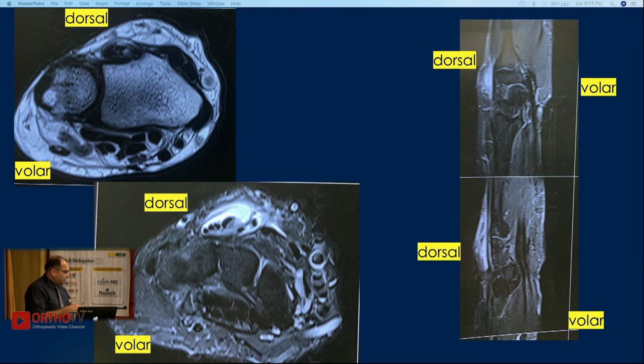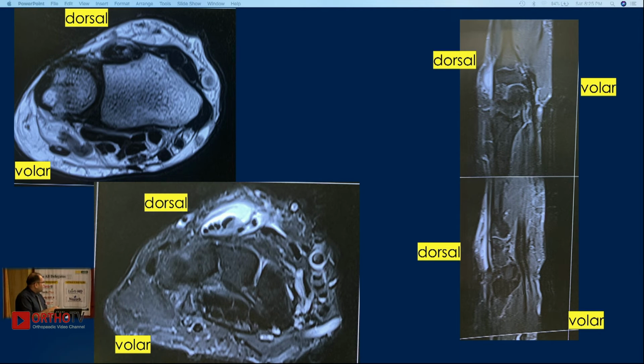Again, it is very clearly visible here. This is the carpus level and these are the flexor tendons. These are the extensor digitorum communis, and this is the tenosynovial tissue seen in the extensor compartment. So this is a very classical example of involvement of a single extensor compartment with synovial hypertrophy.